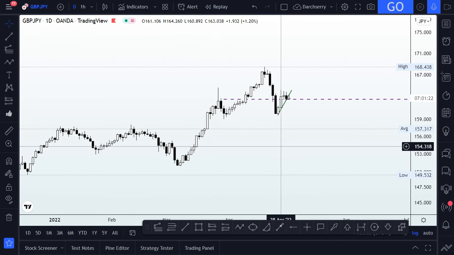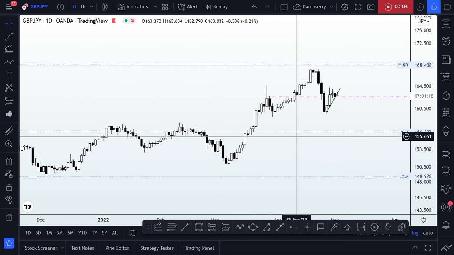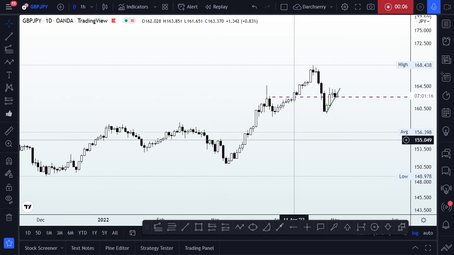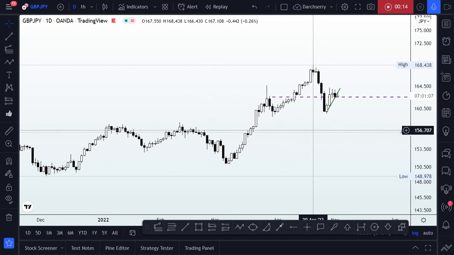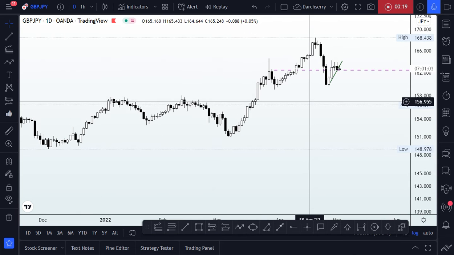Good afternoon, everyone. There is this scenario here on GBPJPY that I want to share, and I want us to look at this setup together and see how we can take advantage of any potential opportunity that comes up in this market. Now, on the daily time frame on GBPJPY, it is obvious that price action has been